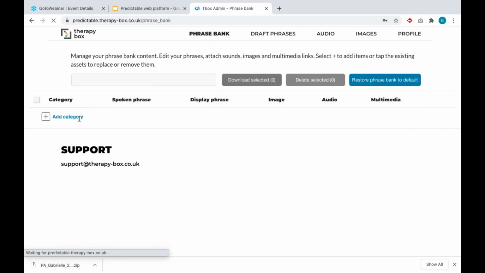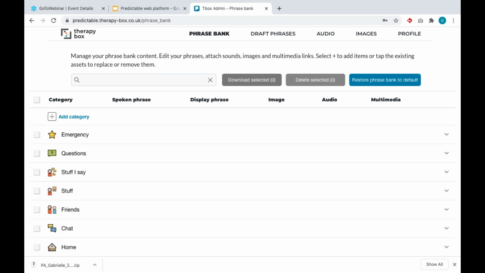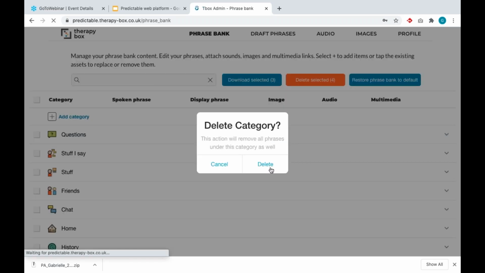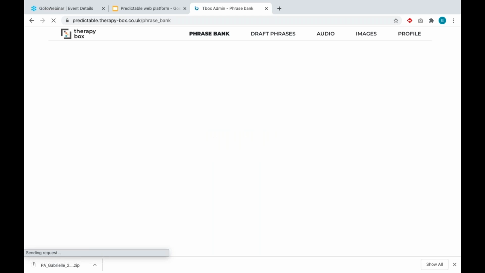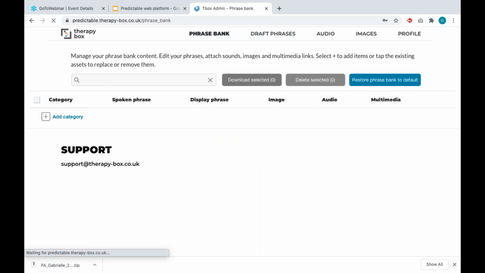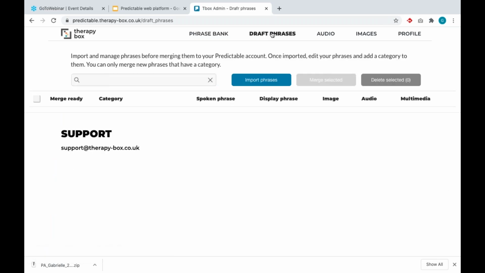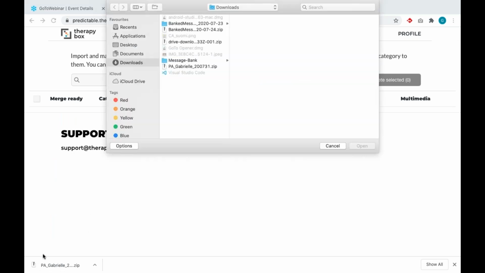So now I'm going to show you how to import a Predictable category with its phrases. So first of all, I'm going to delete the one that I just created from my account. And from draft phrases, I'm going to import this zip file that I just downloaded.